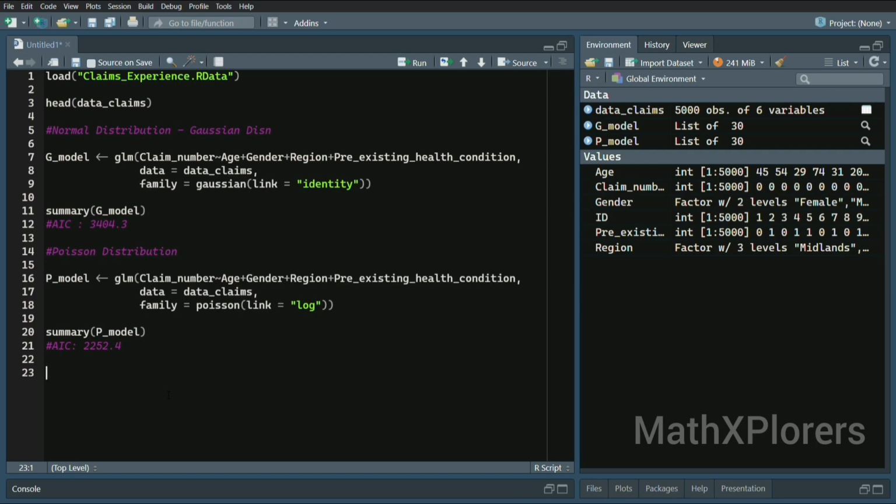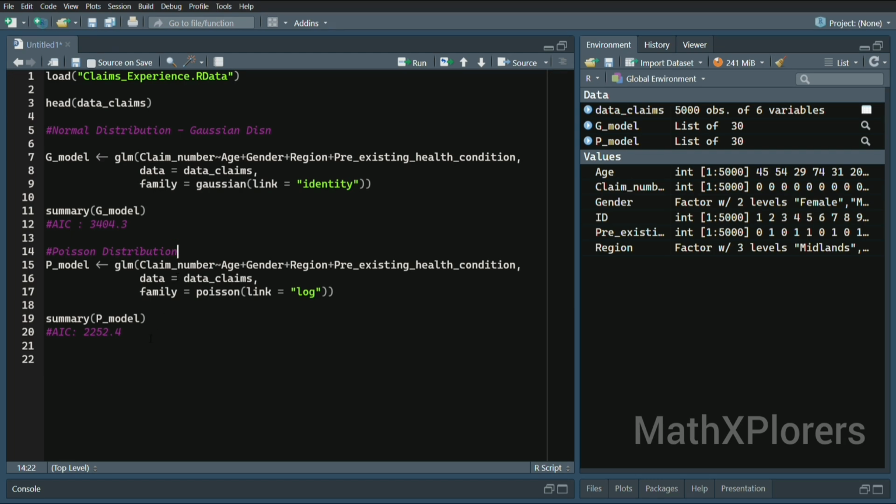Also, there are more than two or three methods of identifying distributions. Firstly, when you were given the data_claims data set, we could have visualized the data set and identified the trends it follows, and on that basis identified the distribution. Or else we could also look at the problem statement and, if we want to analyze a particular situation, decide which distribution will be more applicable. Picking a model on the basis of the AIC is also one way of choosing a distribution.